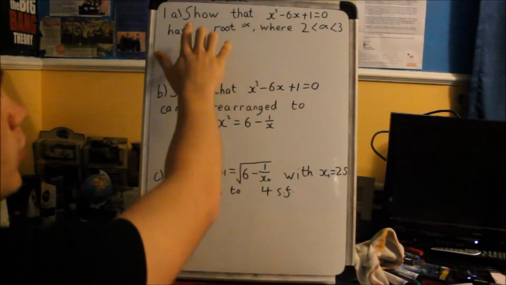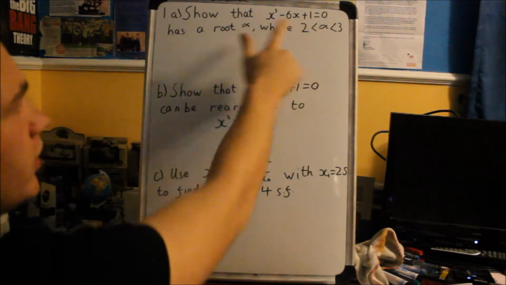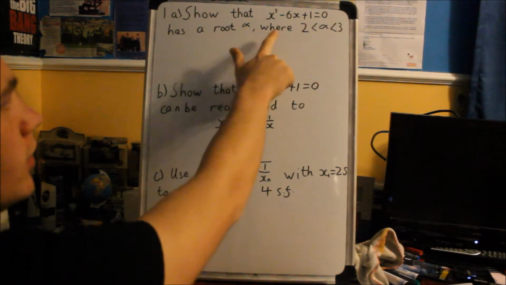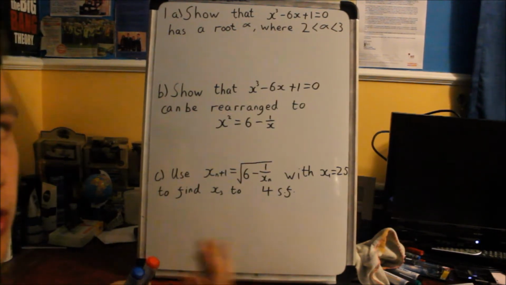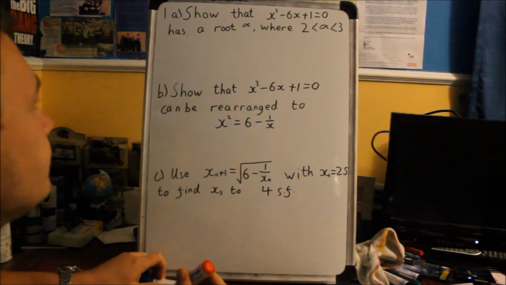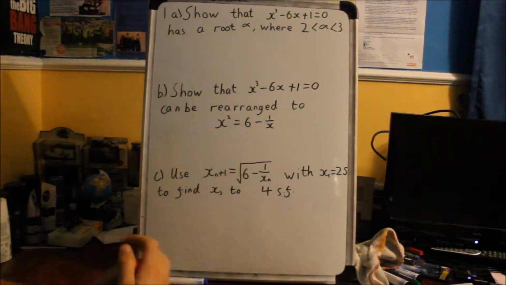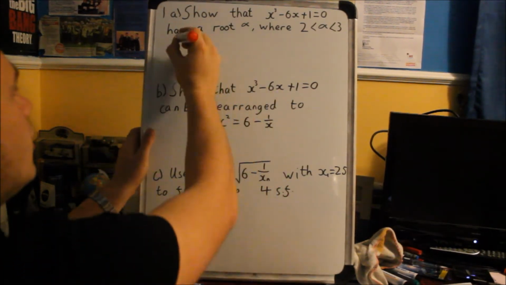Alright, so this is question 1. Show that x cubed minus 6x plus 1 equals 0 has a root alpha, where alpha is greater than 2 and less than 3. This question comes up in nearly every Core 3 exam, if not every single one. What it wants you to do is evaluate it at the 2 points and then comment on what you observe. So we do f of 2